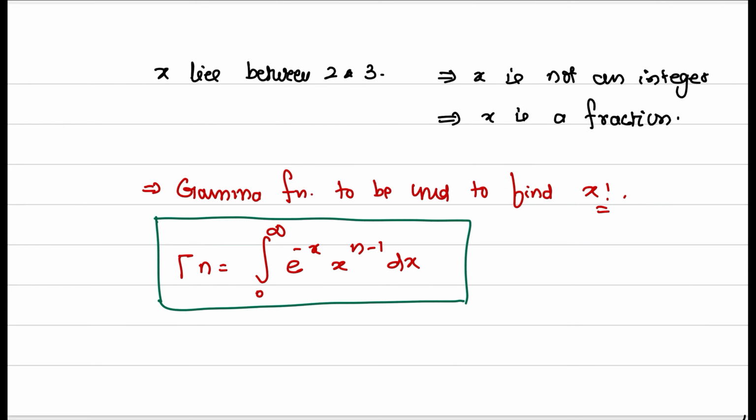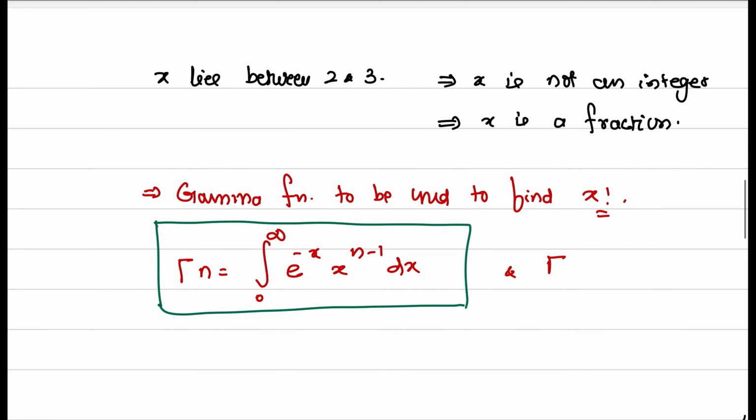For n value, it is useful for finding the factorial. And another, we have a property, gamma n plus 1 is equal to factorial n. These two properties we use here and find